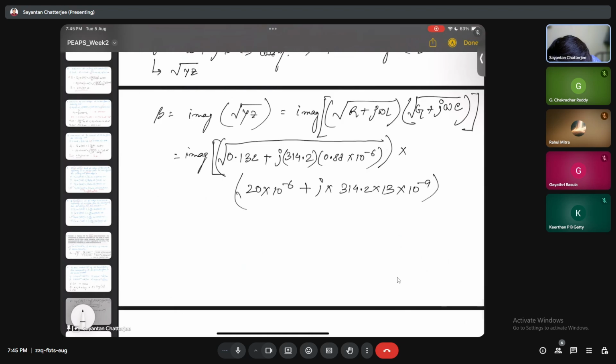So this is inside the other square root. So if we just take these two things into consideration, the imaginary part would be,